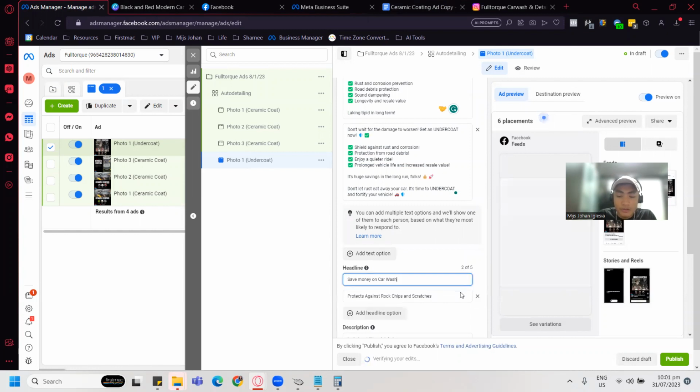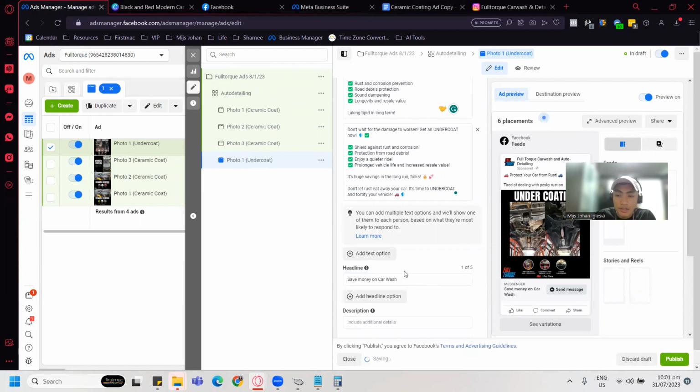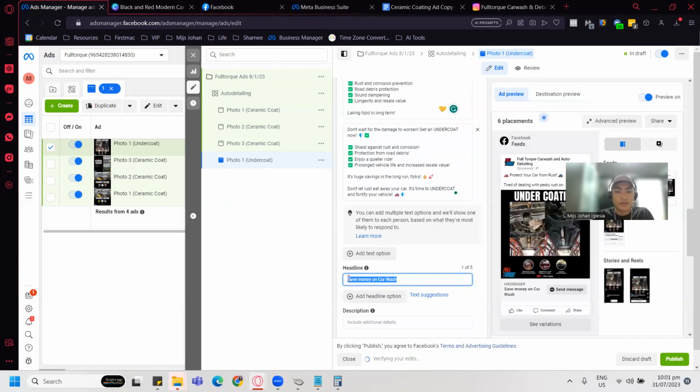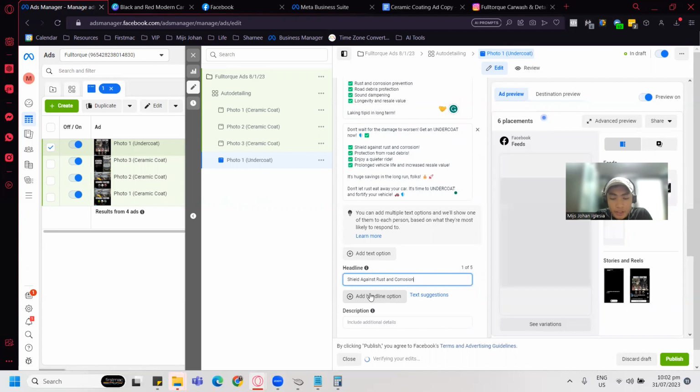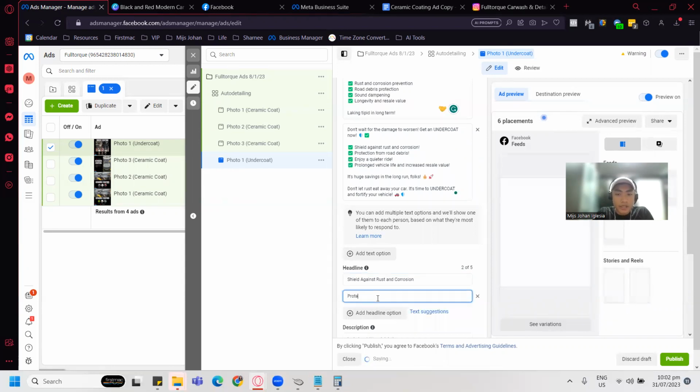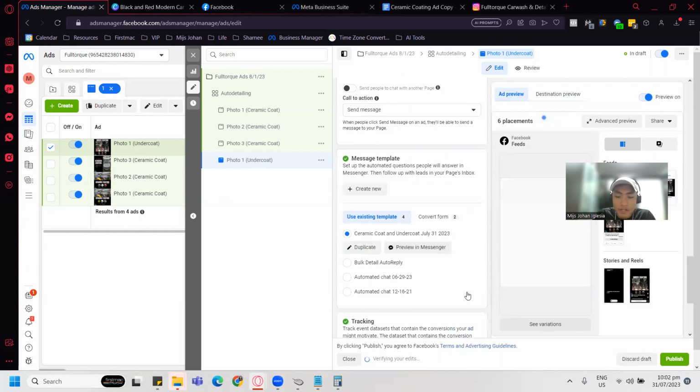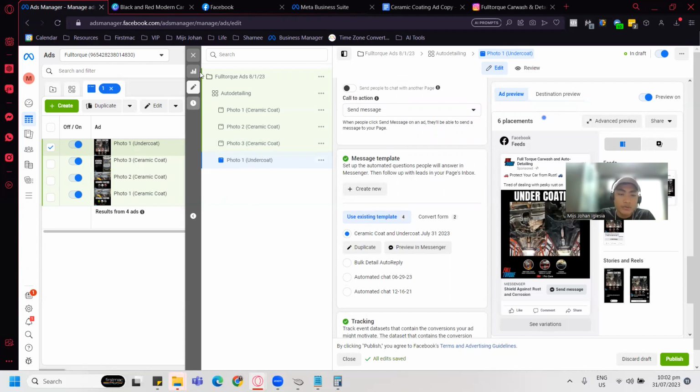Okay. Now the headline is different now because it's undercoating. Let's put here, shield against. Just make sure the capitalizations are okay. And add another headline option: Protection from road debris. Those are our headlines. Send message. Keep it. Use the same template. And we are ready to publish. So go ahead and select all